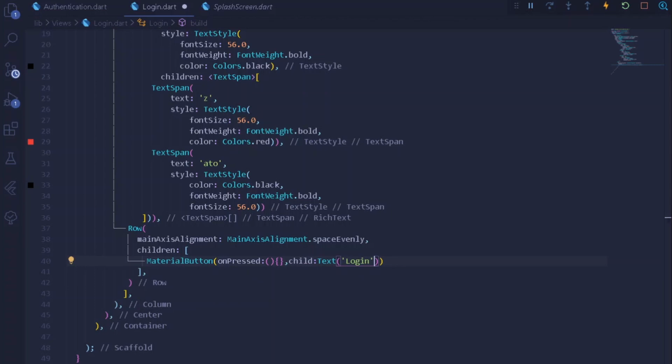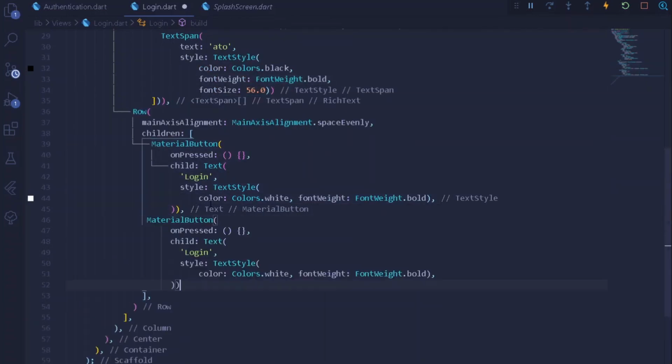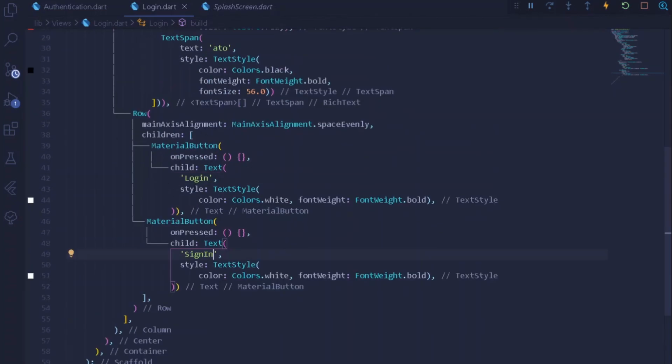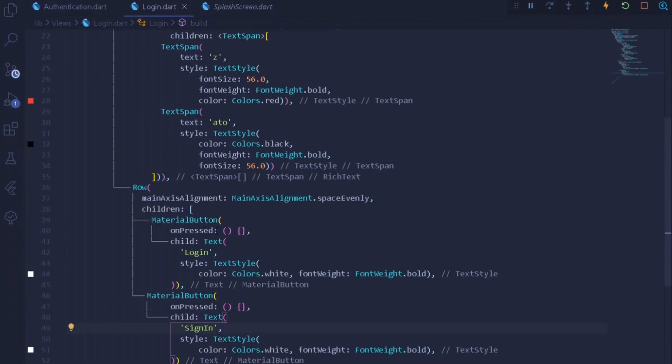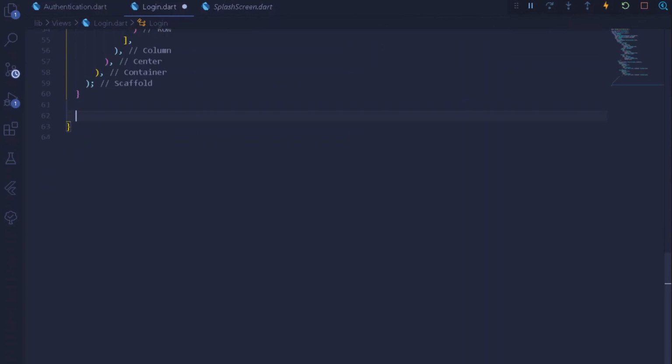Let's have somewhat of styling to our text. We can simply do one thing, that is copy it one more time, but instead of having a login one, I can simply say sign in, easy as this. So after having both of the following things, let's assign a new modal sheet for both the buttons. So for that, I will be simply constructing two different widgets for the modal sheets. So I will be simply constructing a new method for login sheet. Alright, so under this login sheet, we will be simply returning a modal sheet.